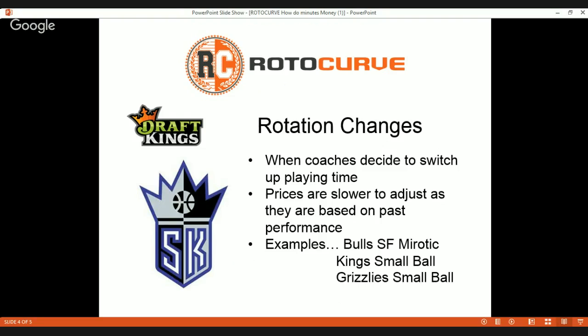The same thing kind of happened with the Grizzlies. You had Zach Randolph, who got benched in order so that they could play Jeff Green at the 4 and Barnes at the 3, and Courtney Lee and Conley all on the court together with Marc Gasol. When they decided to go to that small ball lineup, you were able to get guys like Jeff Green and Matt Barnes for really cheap for a couple games until the minutes and the production caught up to the price that they had.